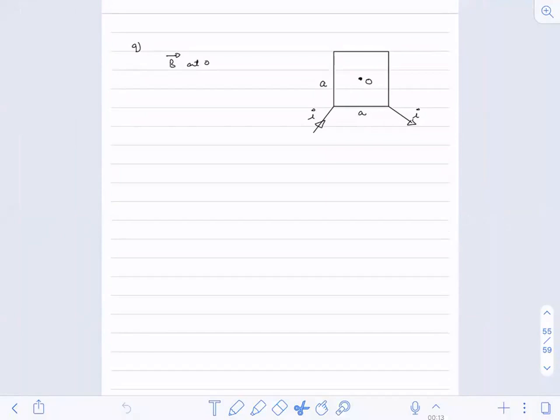So let us see this problem. And after we finish this, this is one sum and this is one sum. We have two questions over here. Then we'll start with the topic.